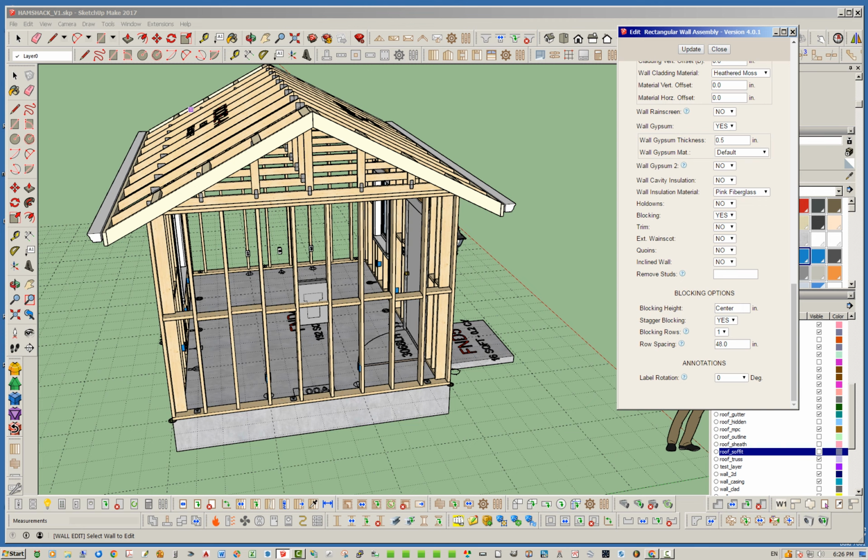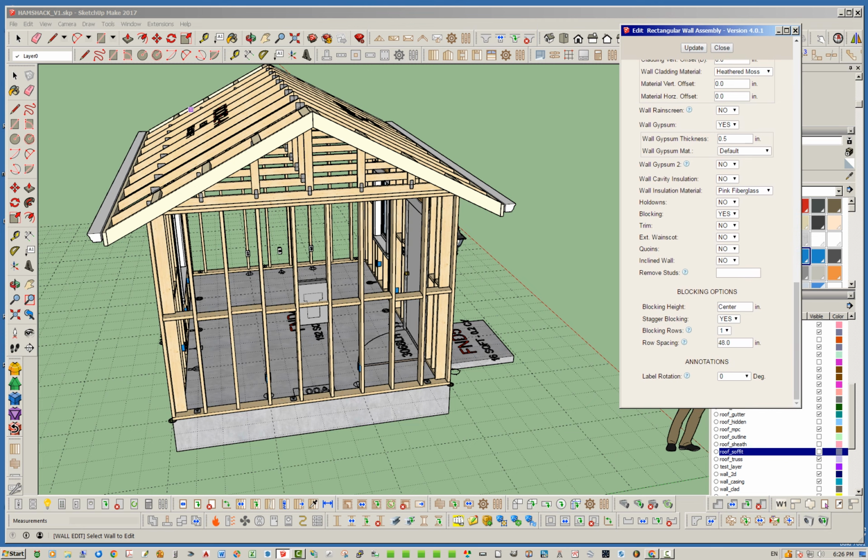By the way, this video is primarily not for my power users or my users of my extensions, because they've all watched my tutorial videos. They know how to do all of this. Mostly, I'm making this video for people online who are interested in building a ham shack, and I'm just saying, hey, this is a fun thing to do in SketchUp, and if you have the extensions, it makes it that much easier, of course, because it automates a lot of this for you. So I'm just showing you a few little things geared toward those people that are not